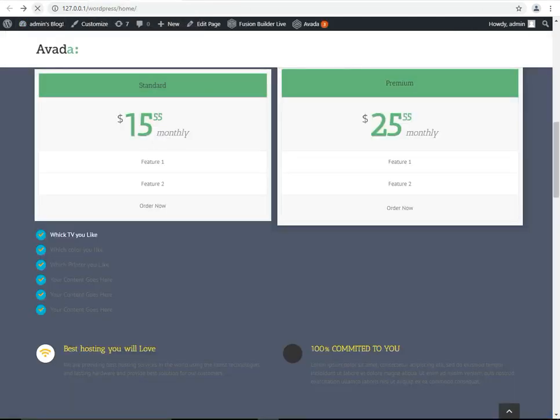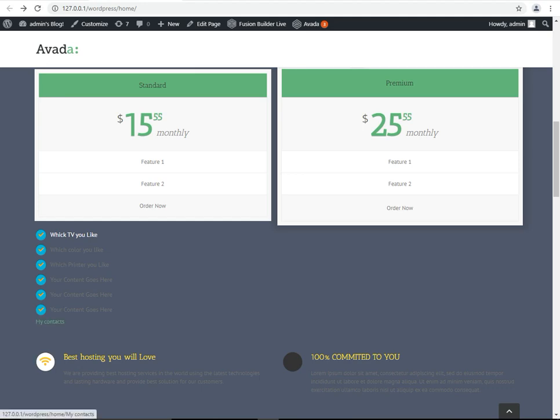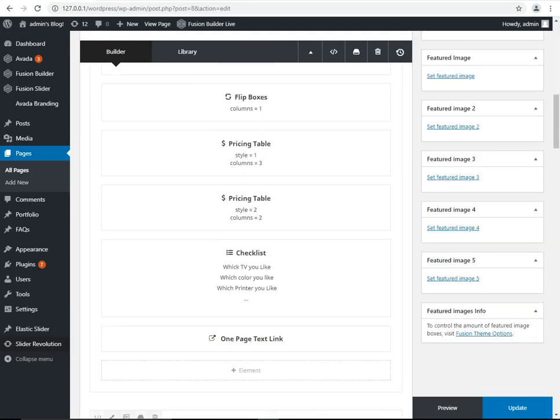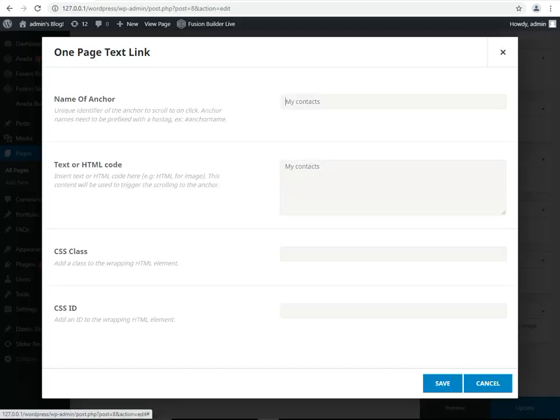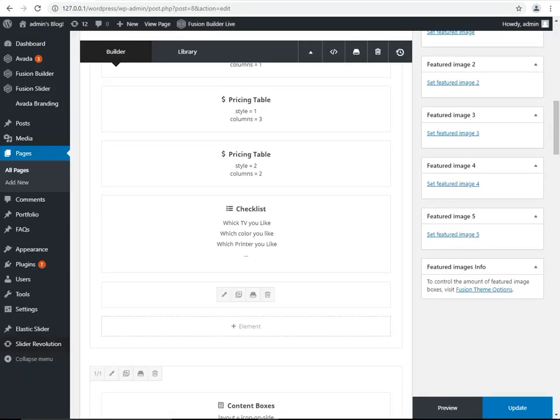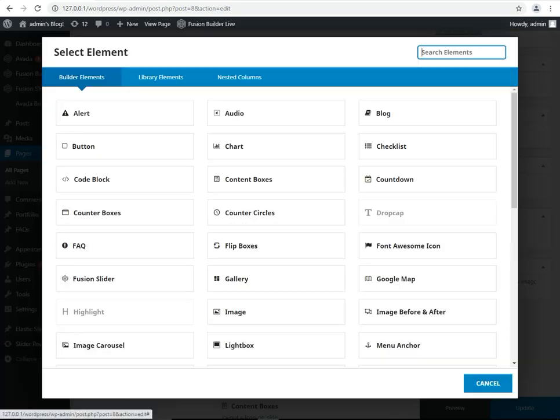Going to refresh the button. This will be shown here: my contacts. When we click here, the system will move to your contacts. We can work more on this. System ID, why insert the text or HTML code here. I think more settings are needed here. No problem, leave it.